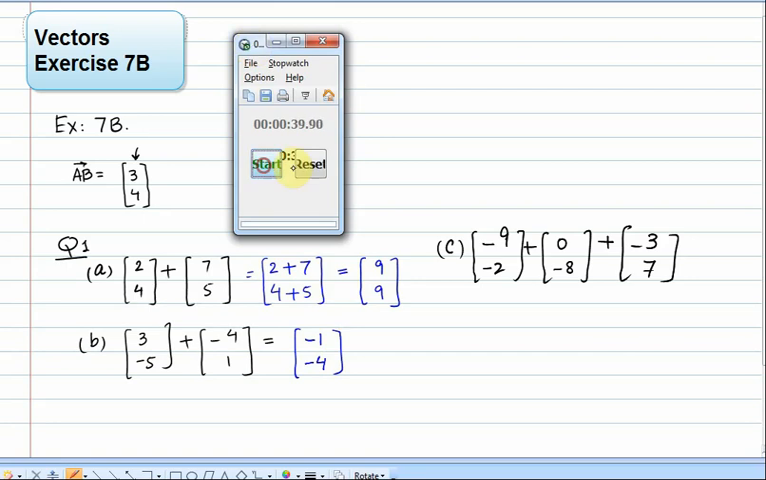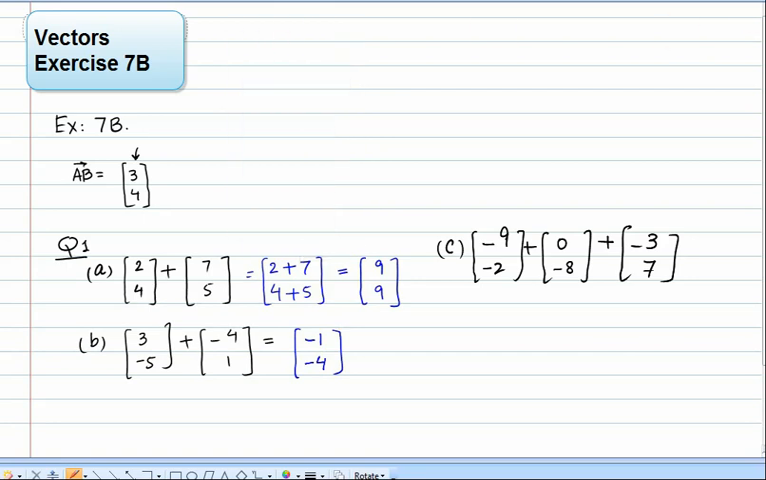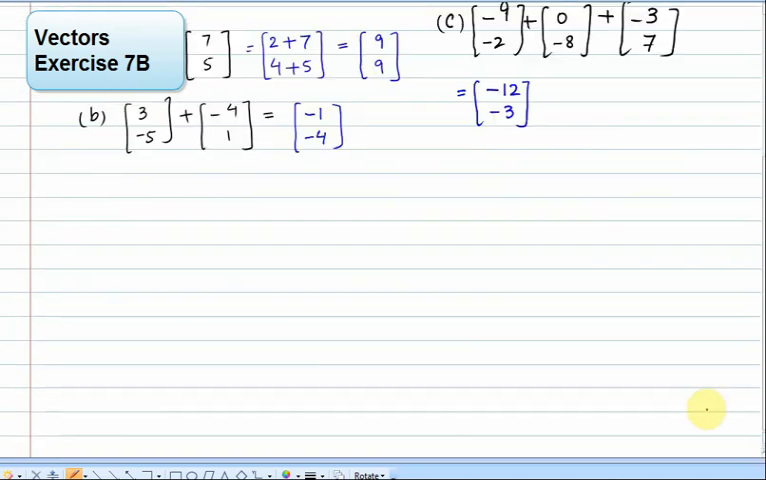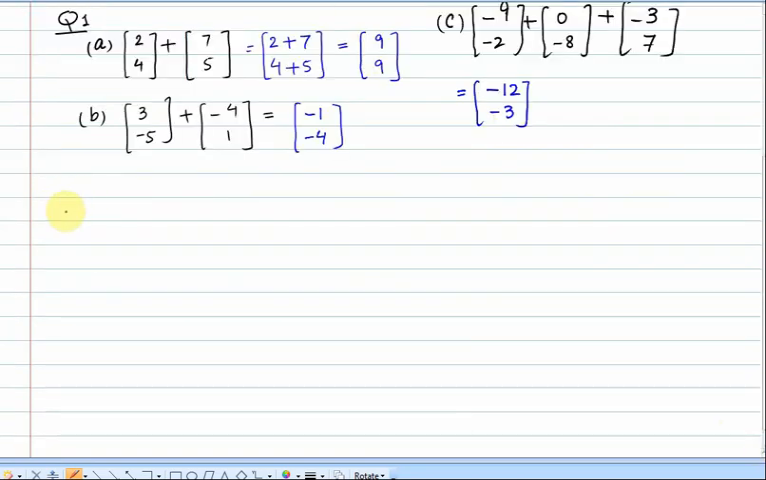Done? So it will be minus 9 plus 0 minus 3, that's minus 12, and minus 2 minus 8 is minus 10, minus 10 plus 7, it's minus 3. So that is the answer of part C. Similarly, if it is given in the form of vectors like question number 2,